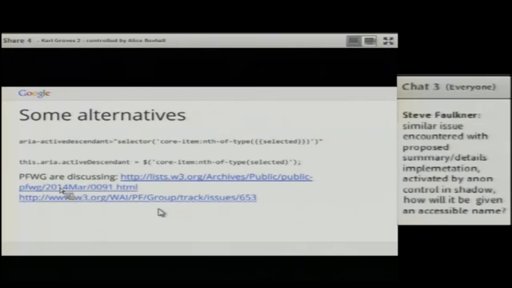This will allow us to set the active descendant directly to an element in the page. So yeah, these are just some things to think about. This is what I've been thinking about a lot with custom elements. So I think there is work to be done on the accessibility standard side as well as on the browser side.